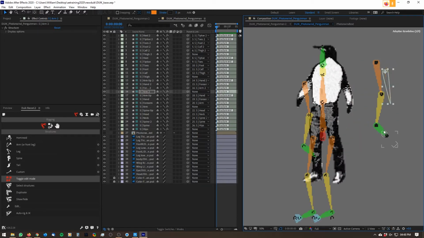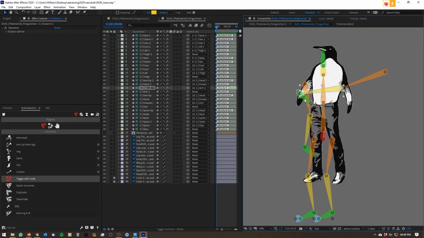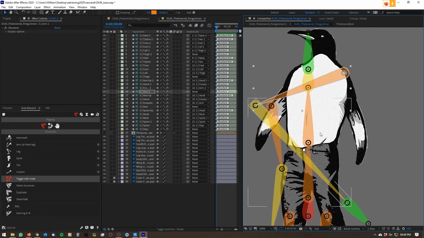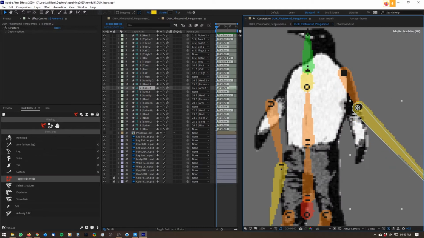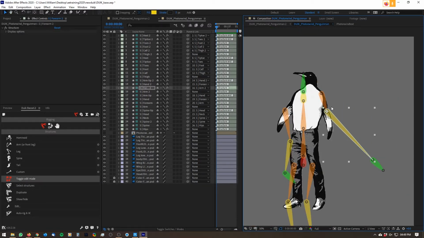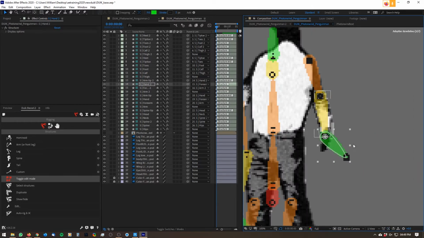Otherwise, if you start doing it in the wrong order and you move your hand to one place and then you move your elbow, you're going to move all the other bits in the wrong order. So you want to start and move your shoulder to match where the character's shoulder goes. And then move the elbow to where the elbow will bend. In mine, it's not a really defined structure, but your own characters might have really defined elbows and knees and things like that. So I'm just going to go and do all these things and